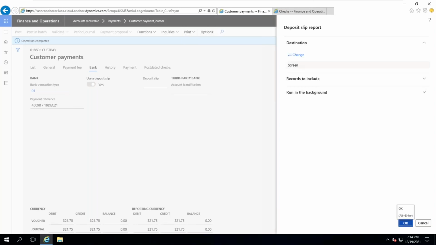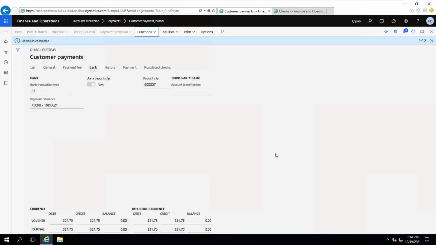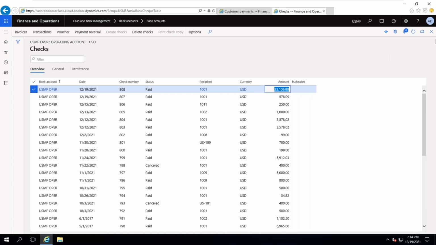You are giving numbering. So it is a print format, deposit slip print format. I don't want printing, just a generation only. Now it is updated 0007. So now if you go to the bank,